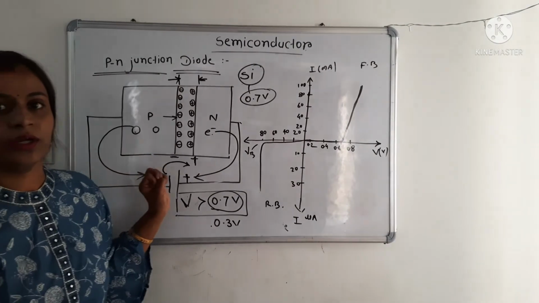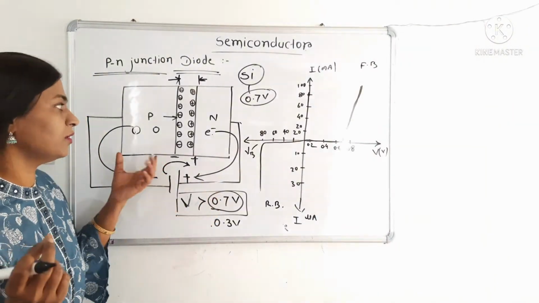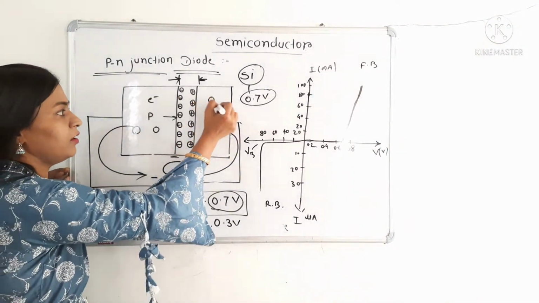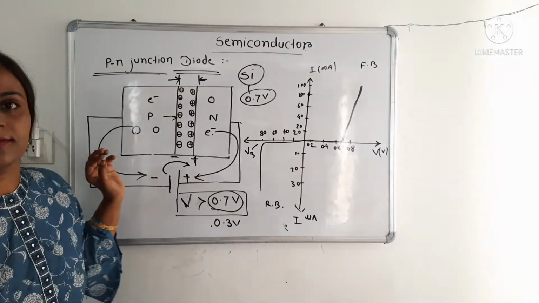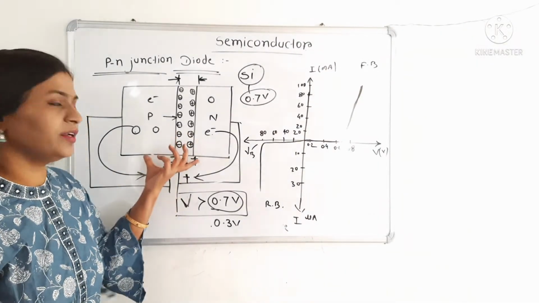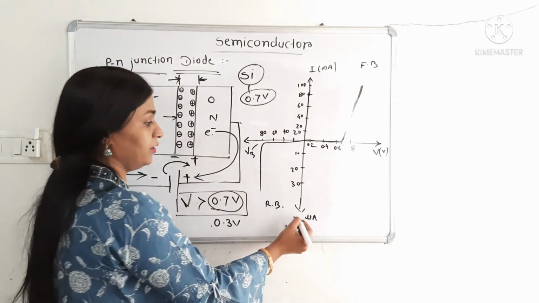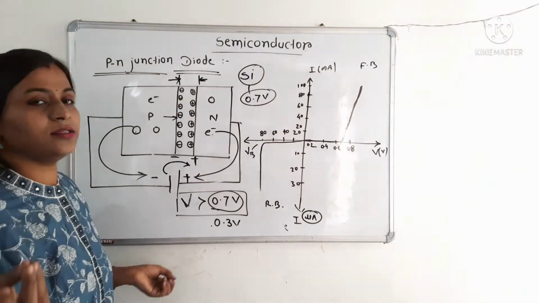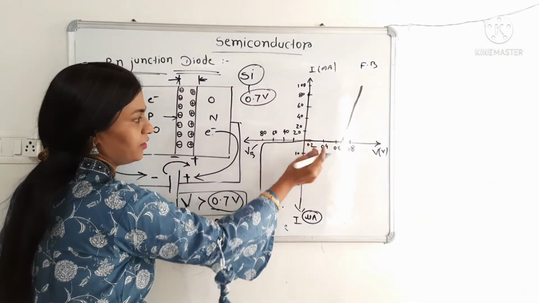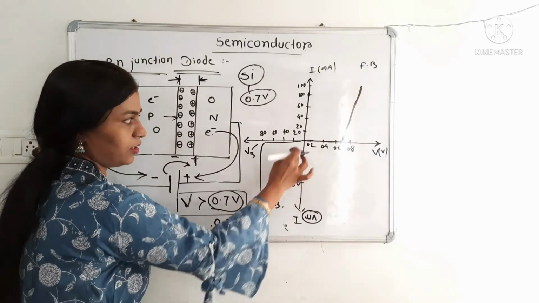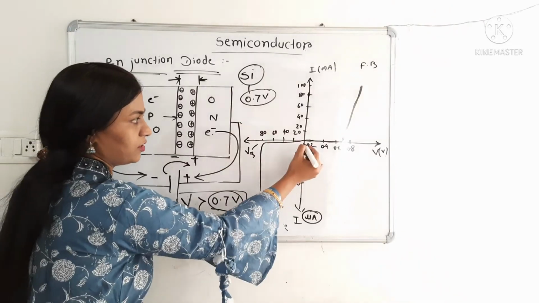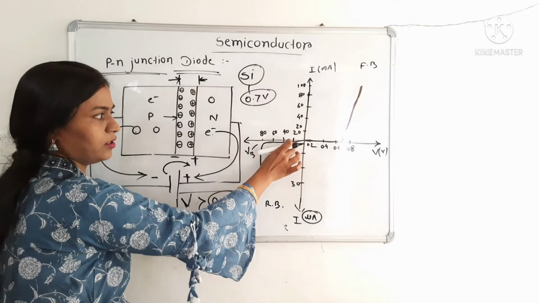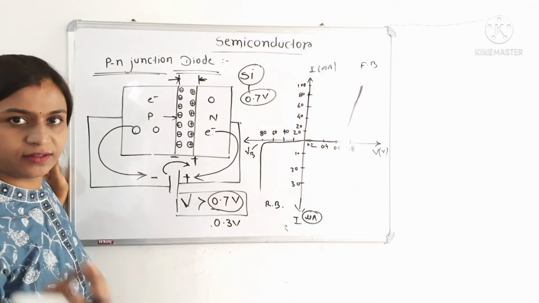यहाँ पे किसी भी तरह का कोई कंडक्शन नहीं होगा, but there is the minority carrier. That minority carriers are here electrons and here are holes. These minority carriers can conduct electricity, but that electricity is very less. This is in microampere. That current is very less here. This is the reverse bias graph. This is current and this is the voltage. See, as the voltage increases, there is no current, very small current. This is the minority current, reverse current.